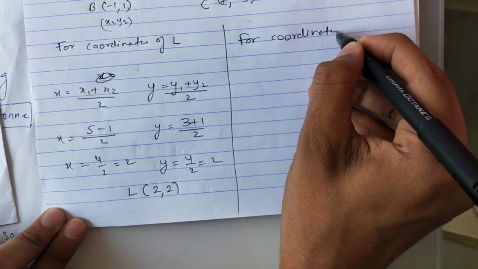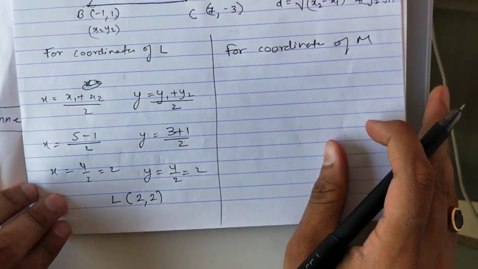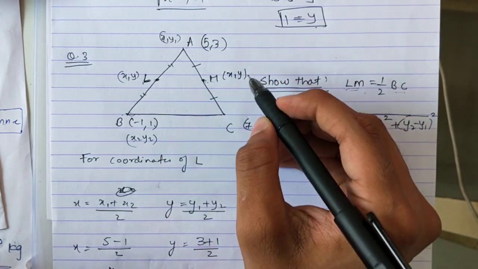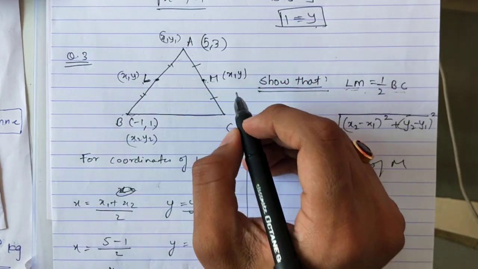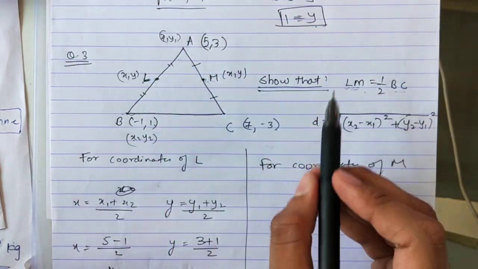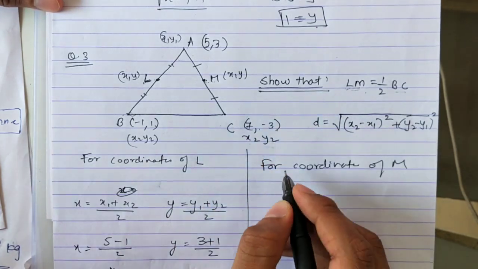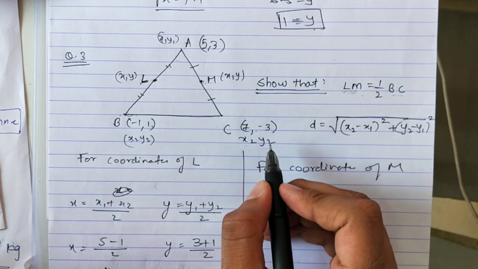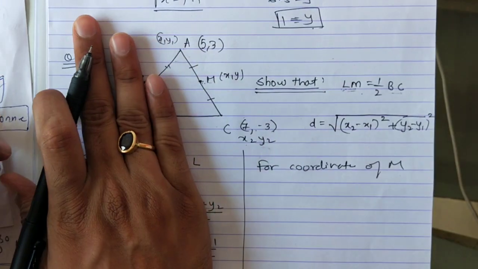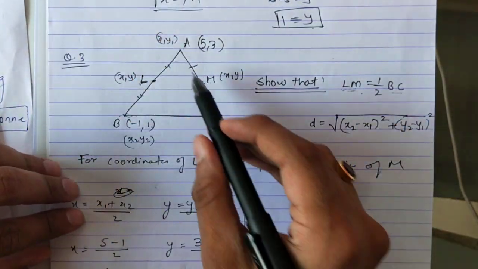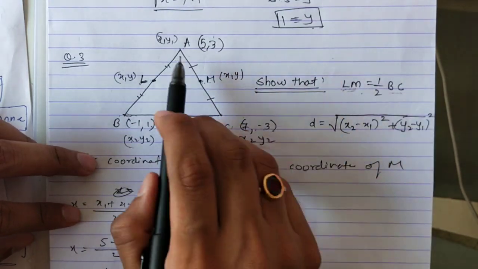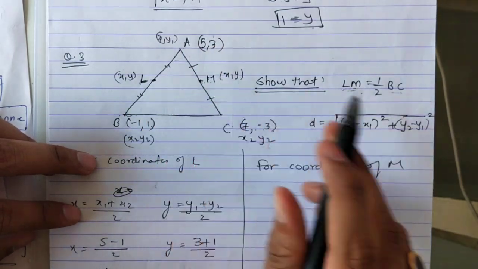Now let's find the coordinates of M. Before that, see, M is this. So I label M as (x, y) because that is the midpoint. Always midpoints are given the name (x, y). This A I will keep as (x1, y1), and this C I'll write as (x2, y2). It doesn't matter if this is also (x2, y2), because we are looking at this line. If we are looking at this line, we have to forget this. We can give any name here. So I'm solving this now, where this is (x1, y1), (x2, y2), and M is the midpoint.